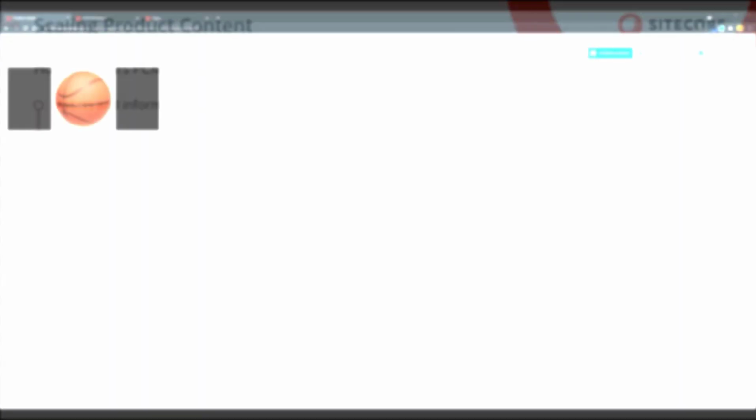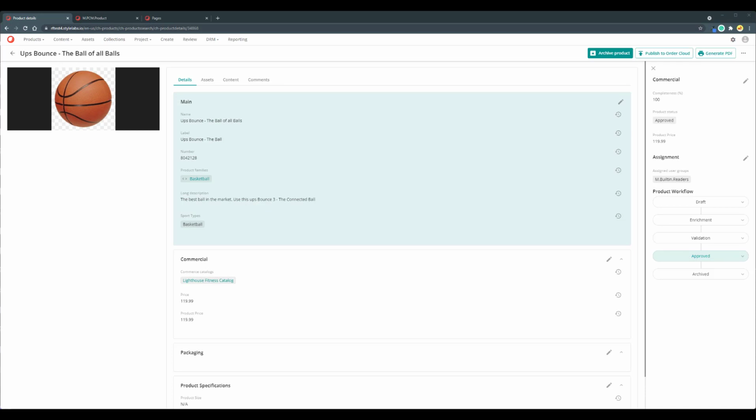One of the things that makes Sitecore's product content management system unique is the ability to do data modeling directly in the system. As we understand, a product is just a series of fields connected to some images that all come together to present the final product that can be bought by customers online. And it's important for us to understand this so that we can use Sitecore's PCM to build on this and actually create all of the different product models we need to ensure we have a system built for the products